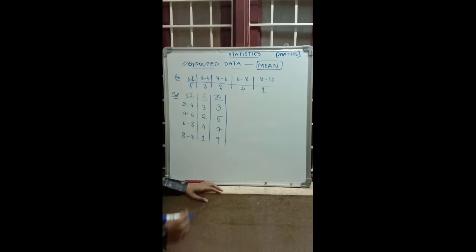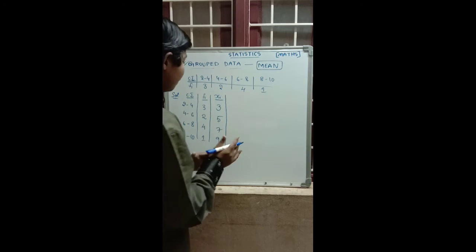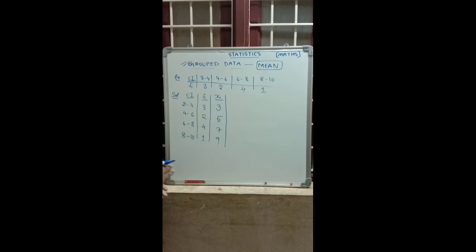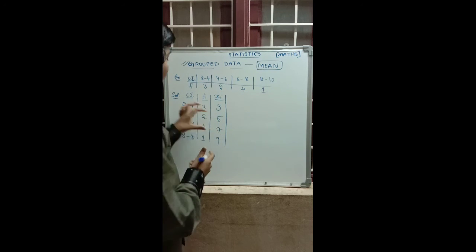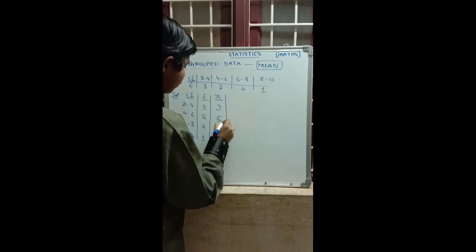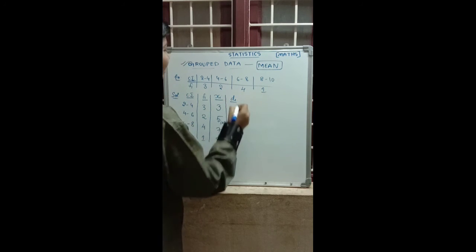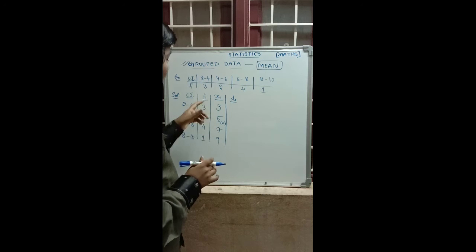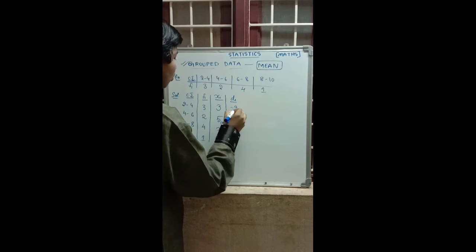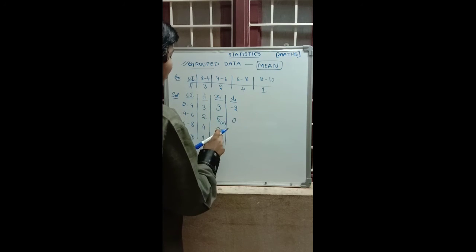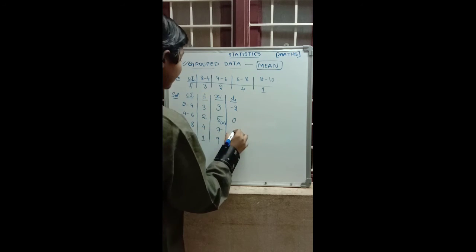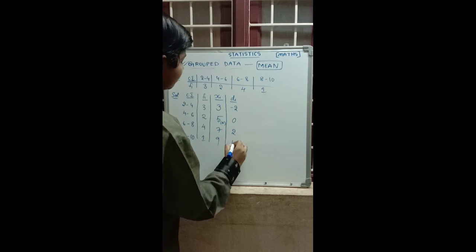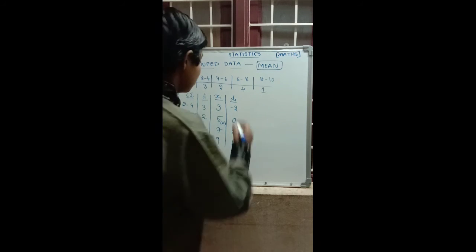So the next step here is ci. Fi xi has been completed. We have to take anything as a. We will take the assumed number as anything, we will get the same answer, but an exact value is okay. I am taking a as 5. Now di we have to find. Di is xi minus a. 3 minus 5, minus 2. 5 minus 5, 0. Xi is 7, we are taking minus a, 7 minus 5, 2. 9 minus 5, it is 4. These are the di values.